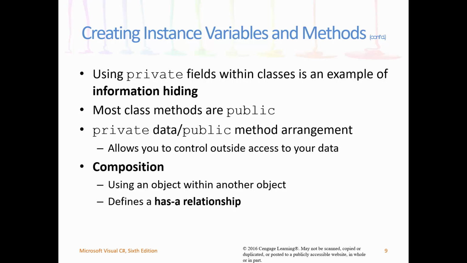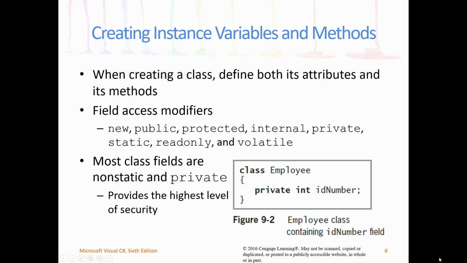Another term that's mentioned here is composition, and it says using an object within another object. Let's suppose that you can model anything. Object-oriented programming is, in essence, the ultimate in modeling. So let's say I want to model a clock. I create a class, where here we said class employee, let's say I could say class clock. And I say private int hours, private int minutes, private int seconds. All right, and I say that you can set hours, set minutes, set seconds, get hours, get minutes, get seconds,